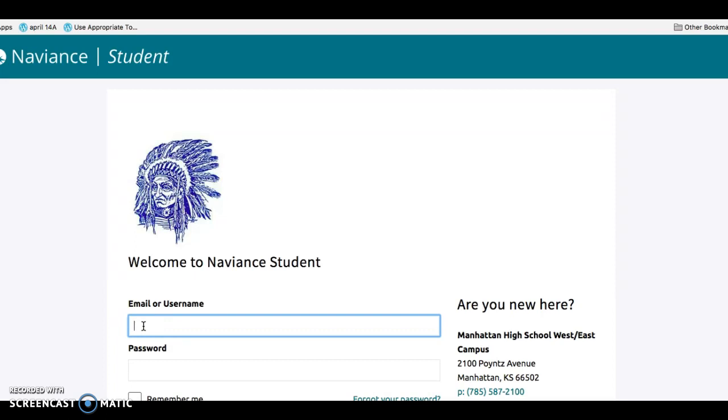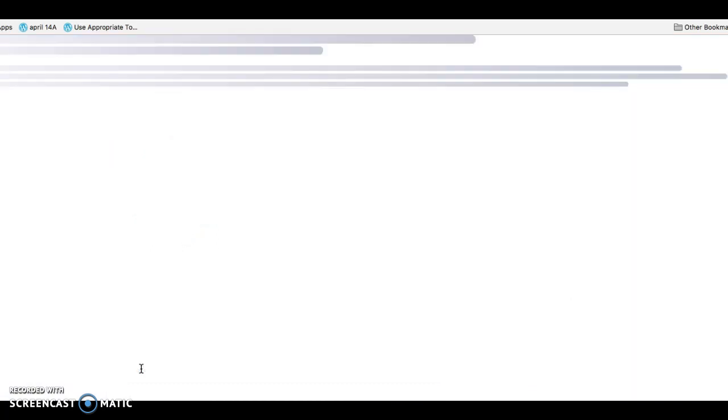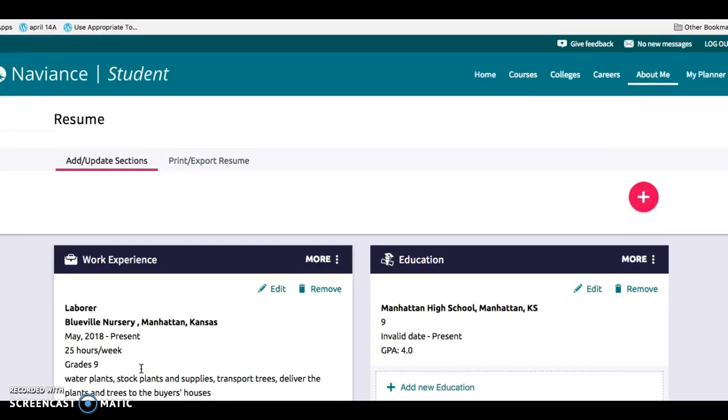But if not, their username is their 5-digit student number, and their password is their first initial, last initial, 6-digit birthday. And if you haven't looked at Naviance for a while, you can see that it looks a lot different than it did last year. To access the information that they will need for student-led conferences, they can click the About Me tab